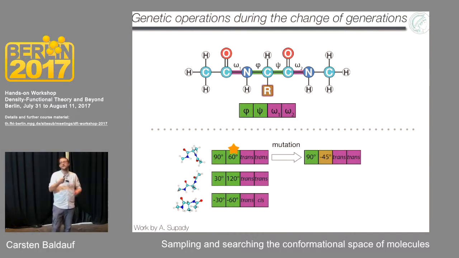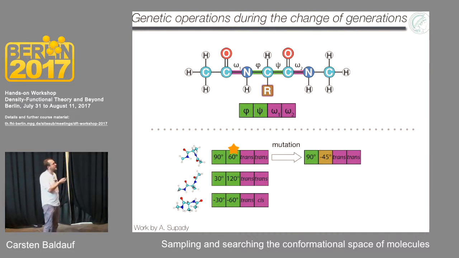And then we perform the genetic algorithm part on it. We modify them, right? We can perform, for example, a mutation. We randomly change one of the values here from 60 to 45, a mutation. Or we can mate two of these